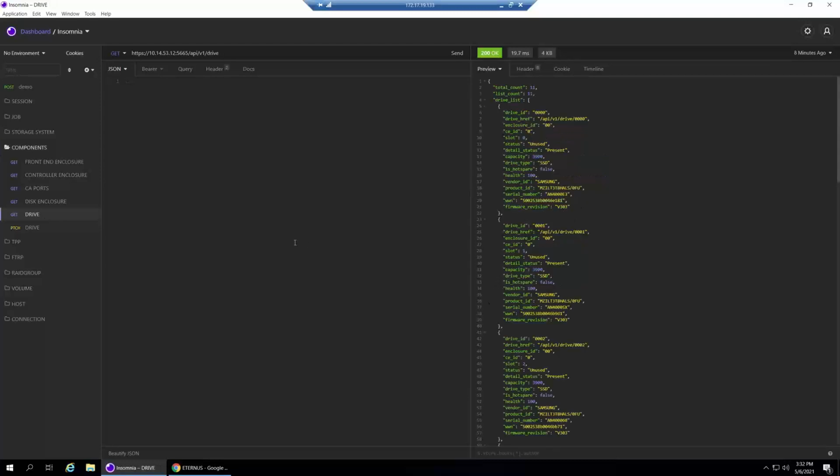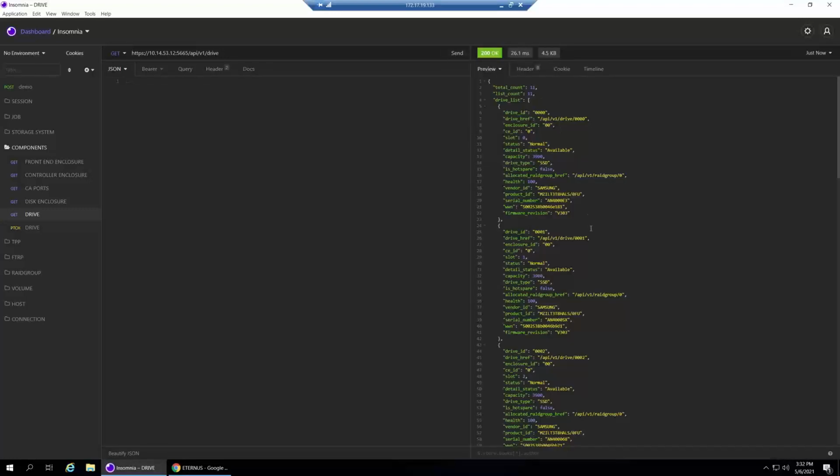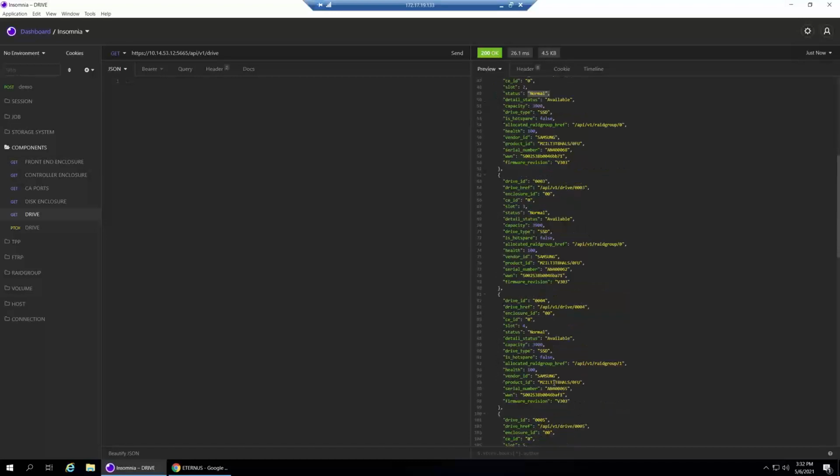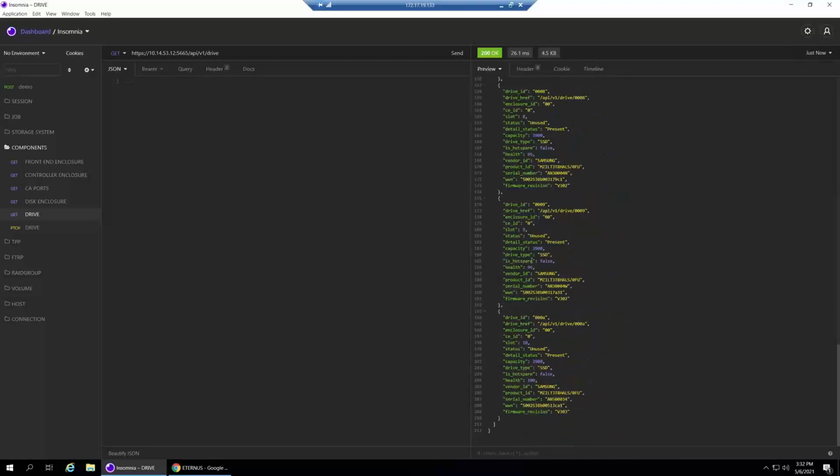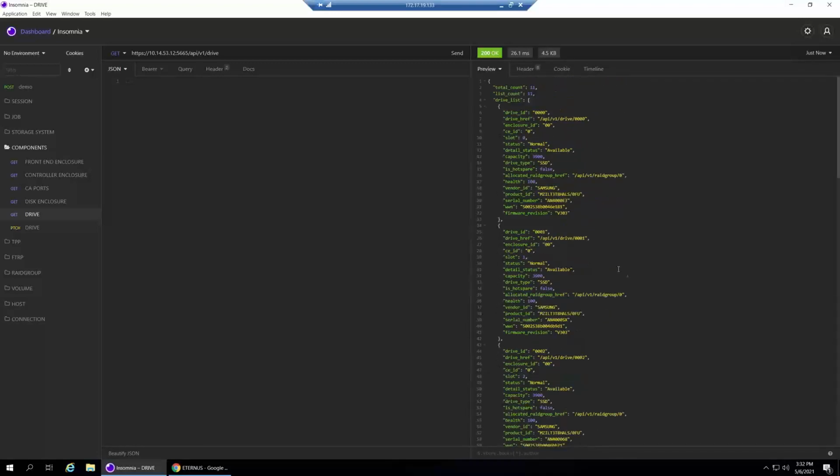So what I wanted to show you again is the filter function, and so we've got all the drives, but now we can see that some of them are not unused anymore. They are in normal state, right? So some of them are still unused because, well, they are used in reality in a thin provisioning pool.